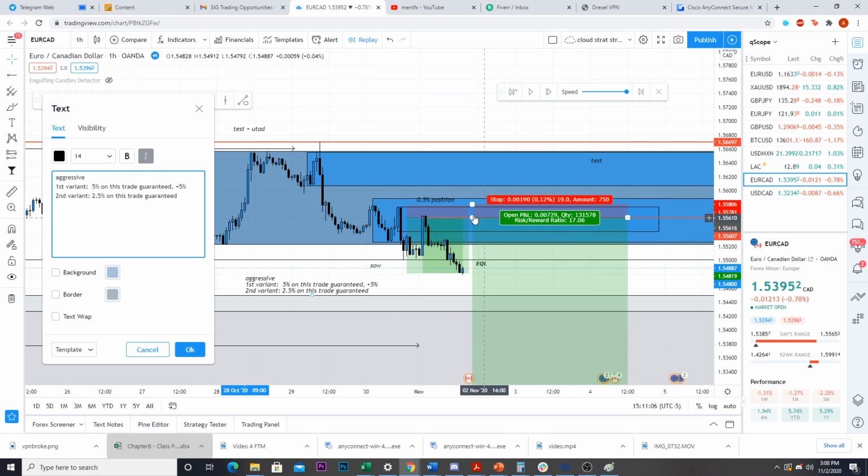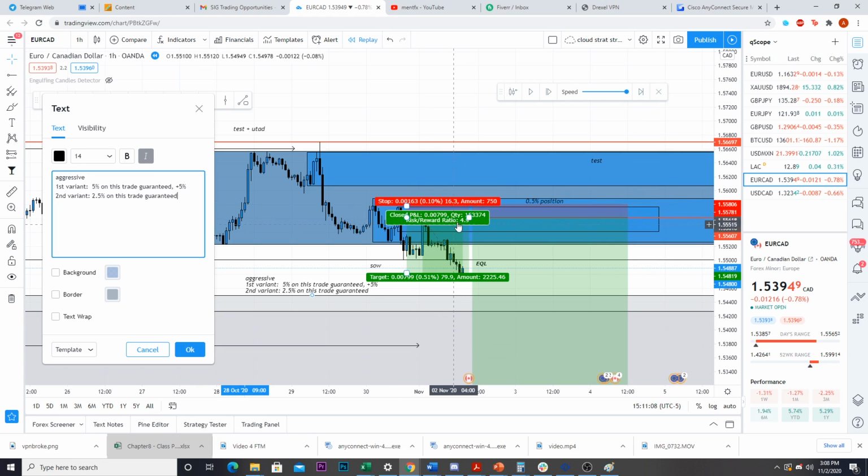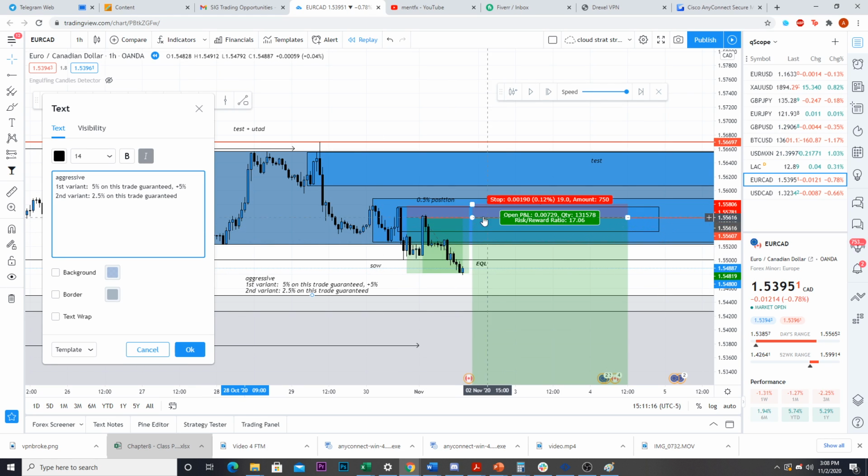Right? Because what happens is you risk 0.5%. So 0.5 times 5 is a 2.5% that you made. So now you've made 2.5% less in this trade. But now what we can do is we can start to move this stop loss aggressively,